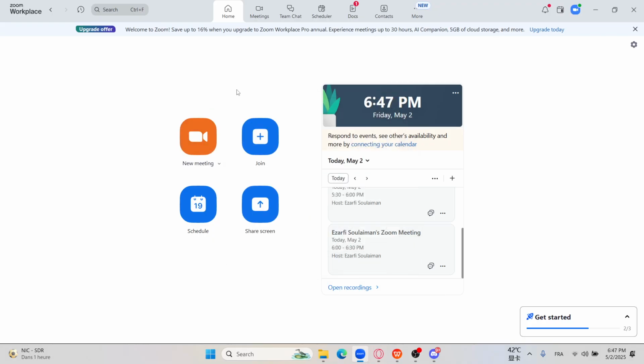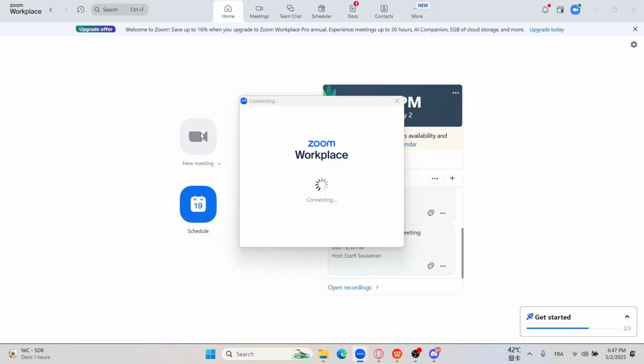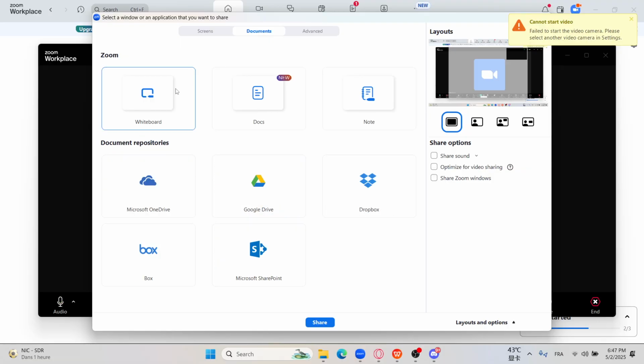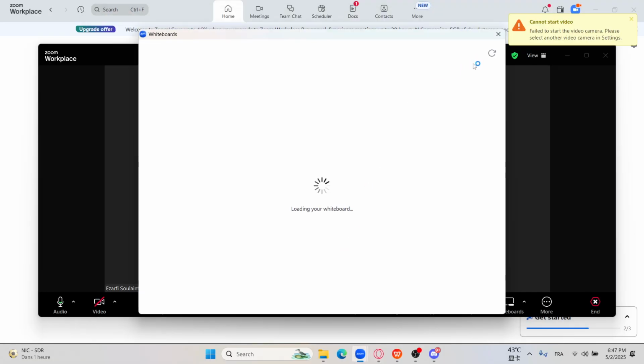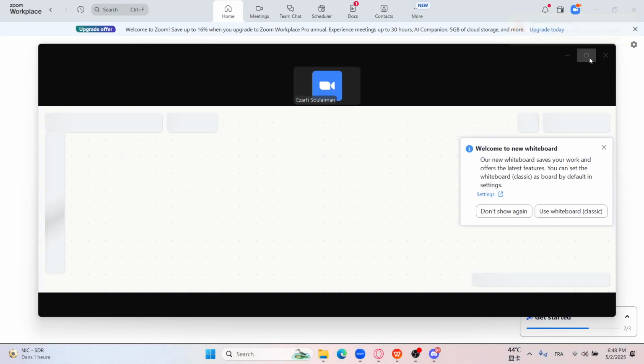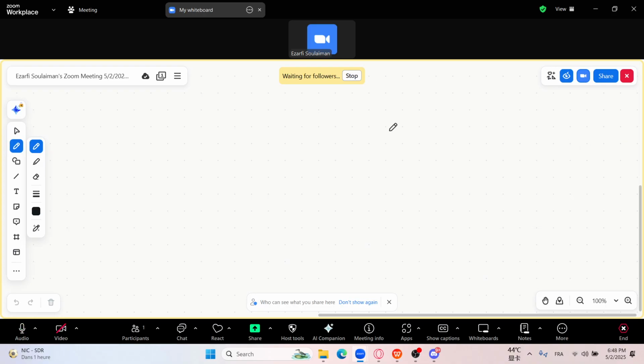Alright, so the only one who can allow you to draw in a Zoom meeting as a participant is the host. So let's consider that I'm the host by starting a new meeting, and let's share a screen: documents, whiteboard, share. Then, alright, we will go into a new whiteboard, and here the host can allow you to draw in the